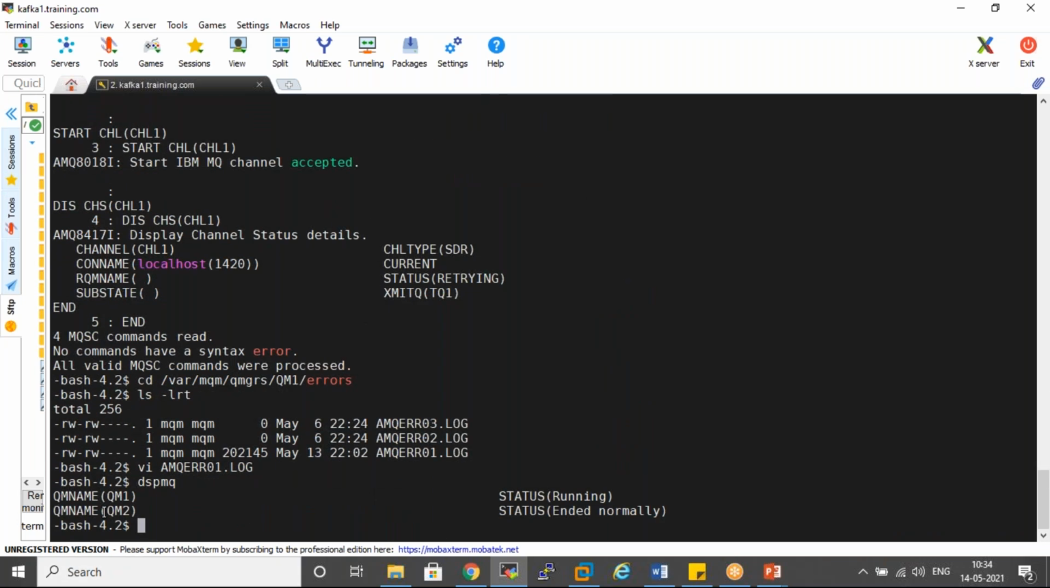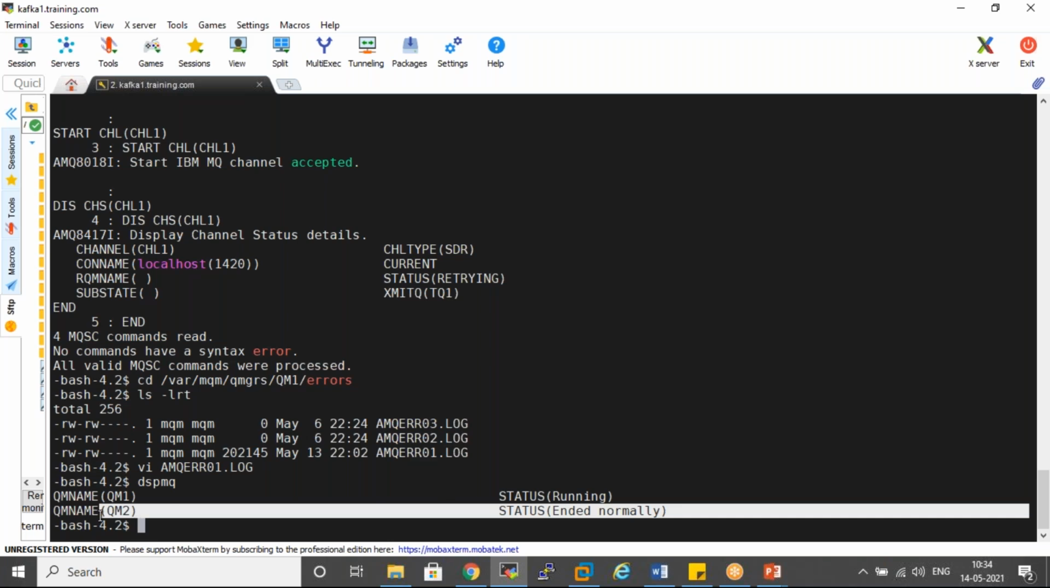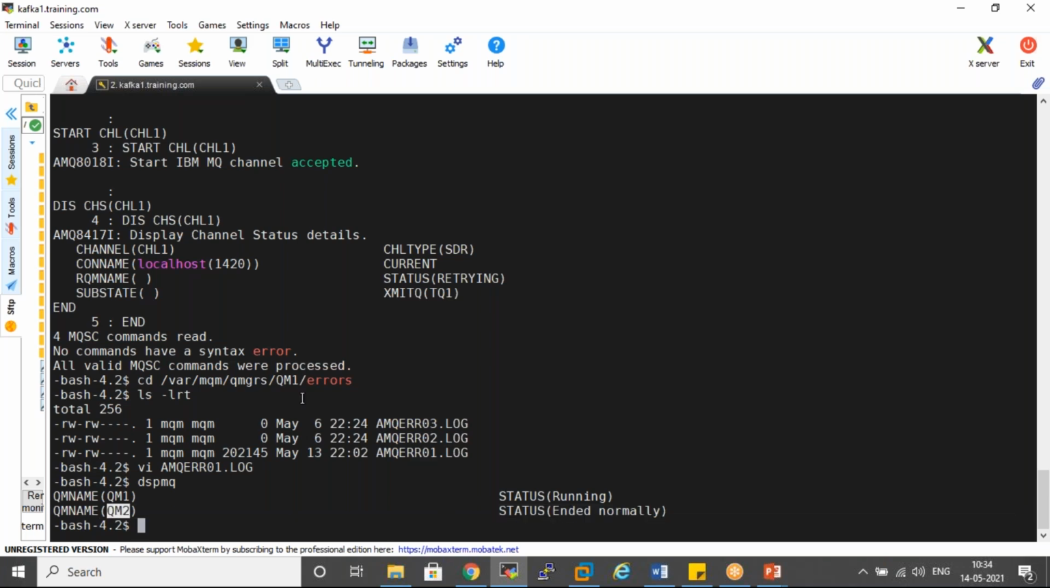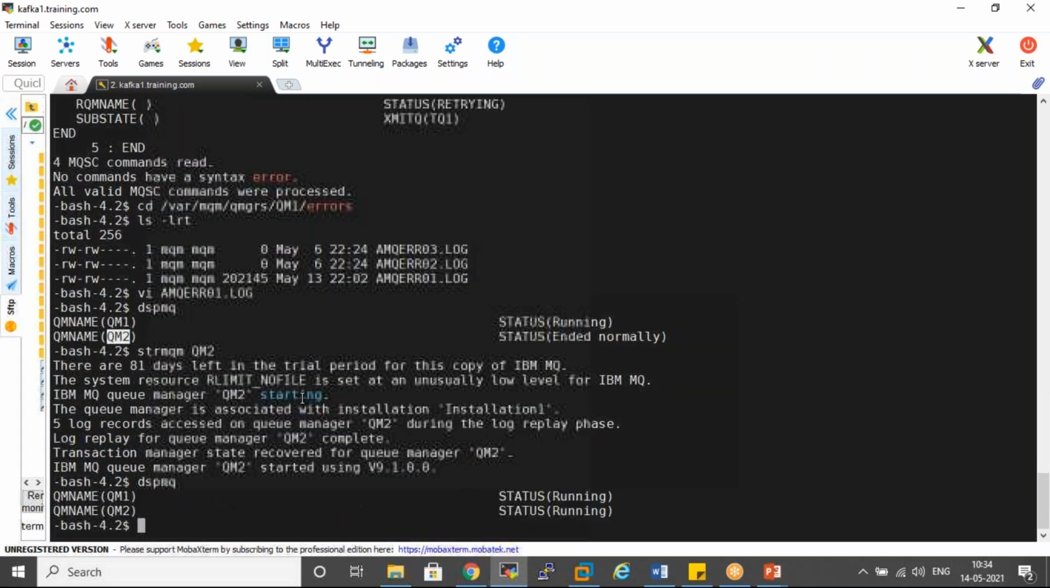So if I want to go to the queue manager, the queue manager is down. So first of all, we have to start it. QM2. Now it is up and running. Now if I go to